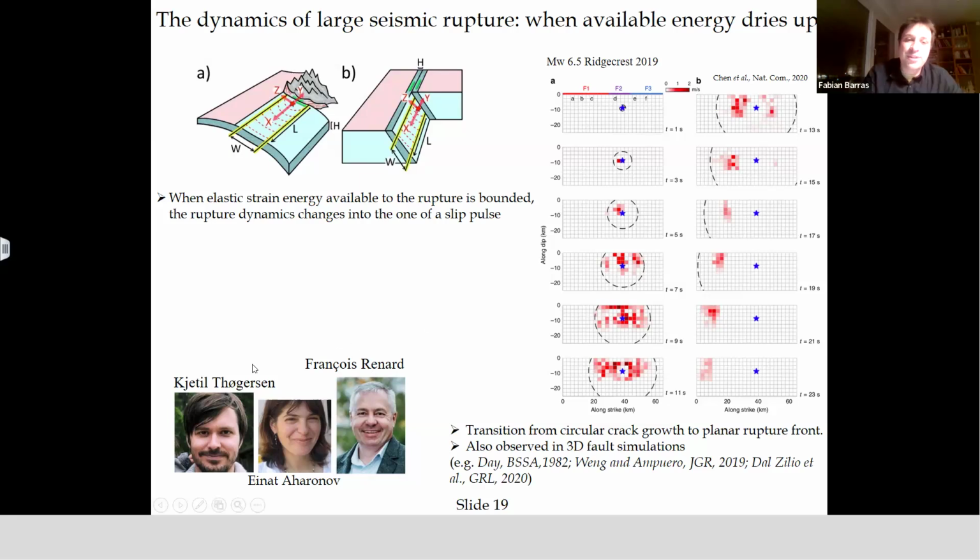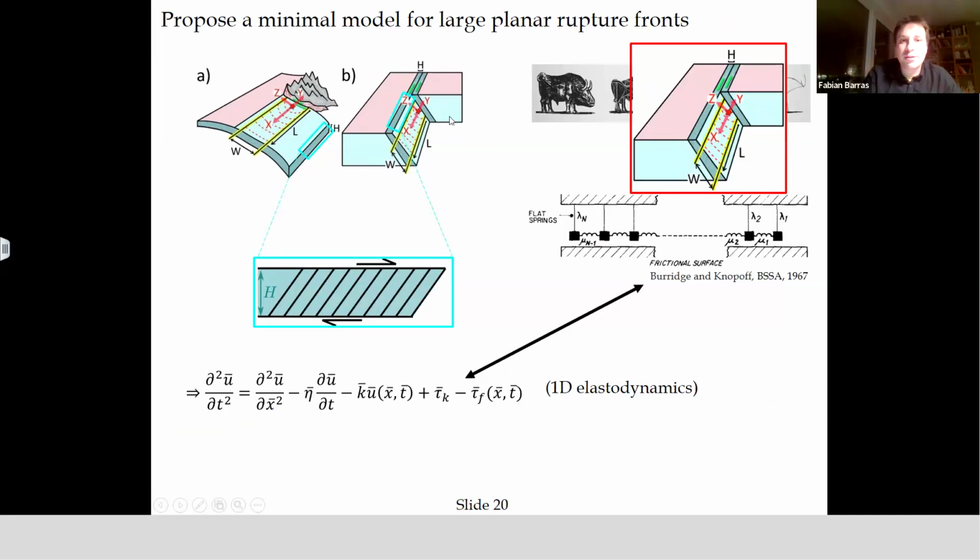And I just mentioned that, with François Renard and Einat from the University of Oslo and the Hebrew University of Jerusalem, and Shetil, also a colleague at the University of Oslo, we have developed a model where we can describe a minimal model to predict the propagation of rupture front in this large earthquake setup. Why is it a minimal model? Because we can reduce a lot the complexity by the fact that the rupture becomes planar. We have a small scale, so h is much smaller than the rupture length. So we use all these approximations to build a 1D elastodynamics model that can be used to predict how far